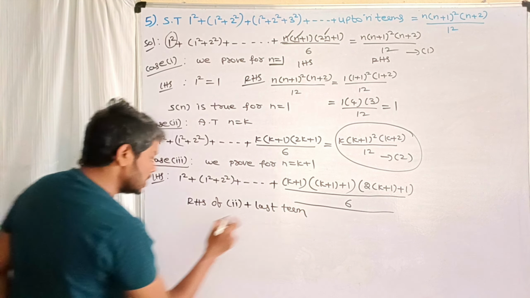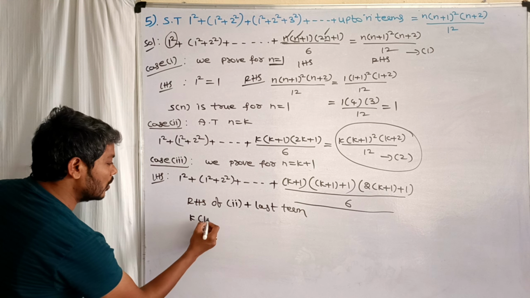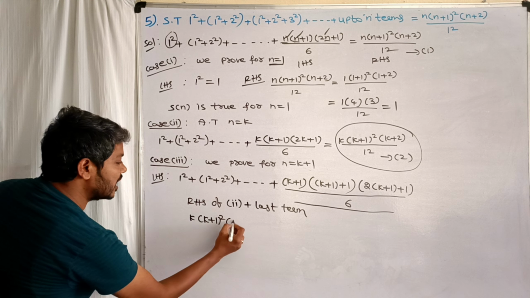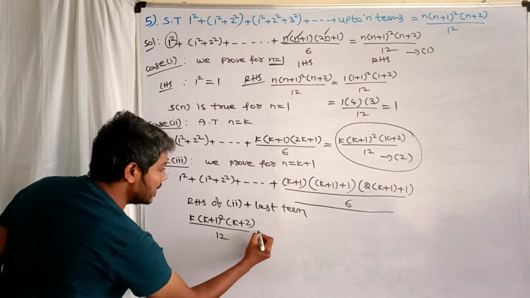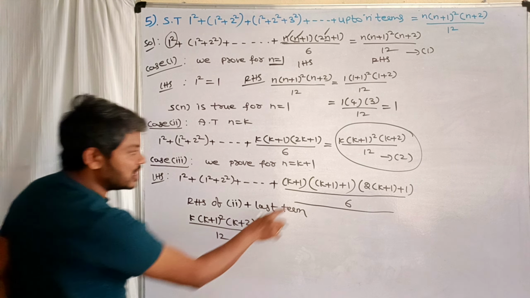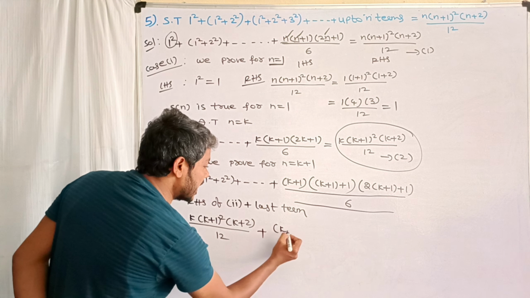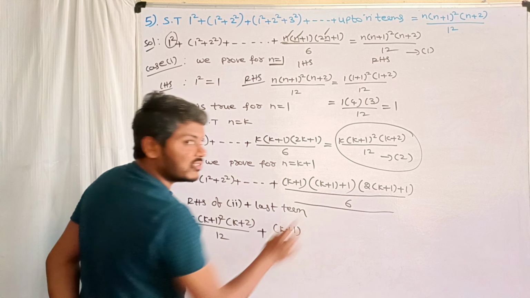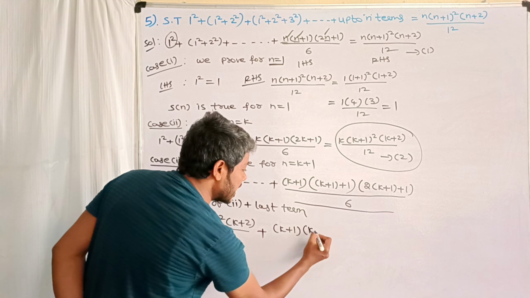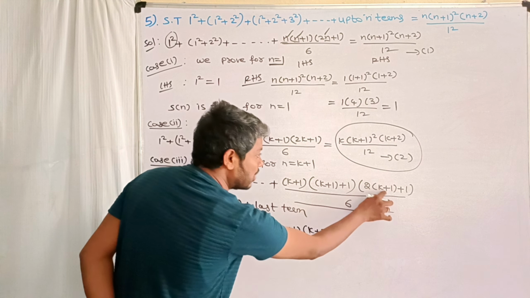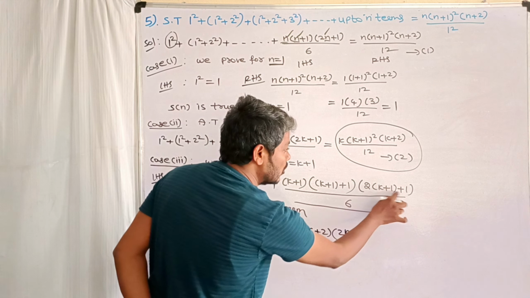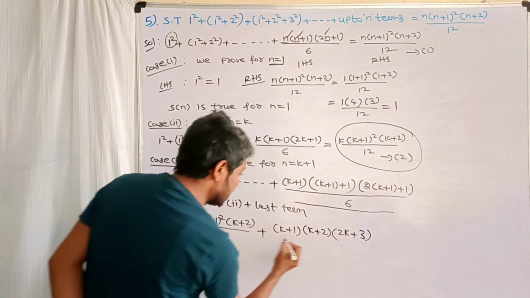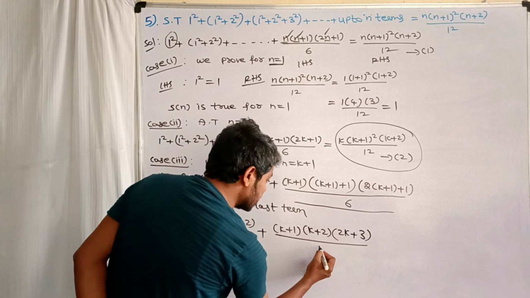This one: k into (k plus 1) whole square into (k plus 2) divided by 12 plus the last term. What is the last term? This one: (k plus 1) into (k plus 1 plus 1), that is (k plus 2), multiplying with 2k, 2 into 1 is 2, plus 1, that is 3,